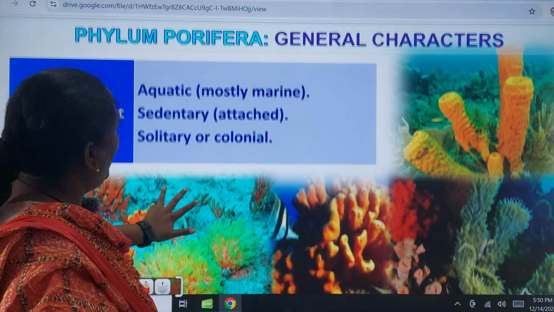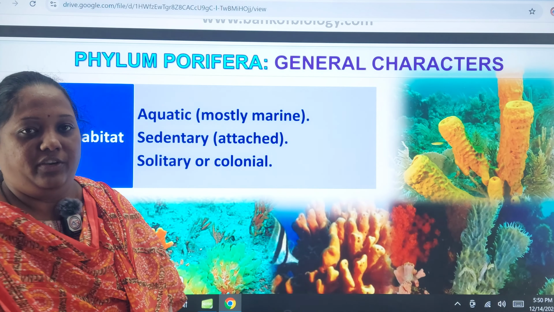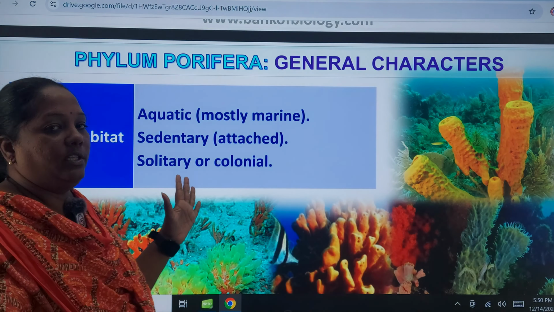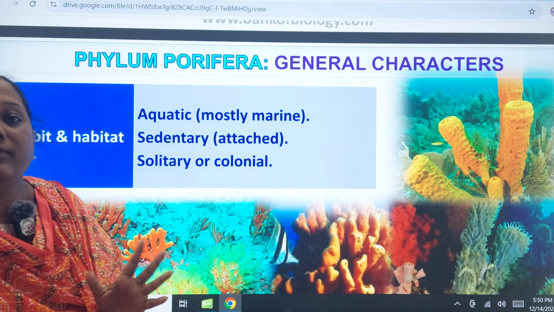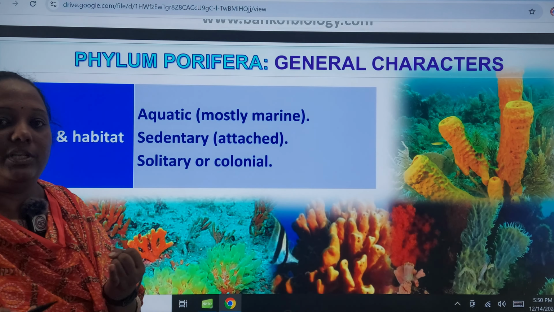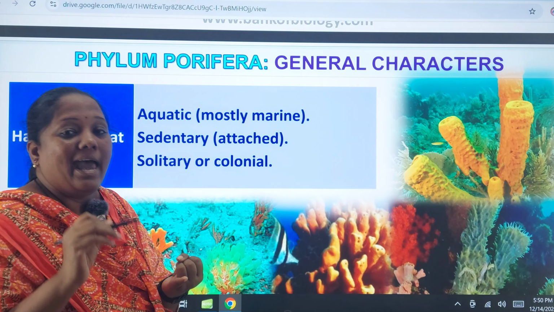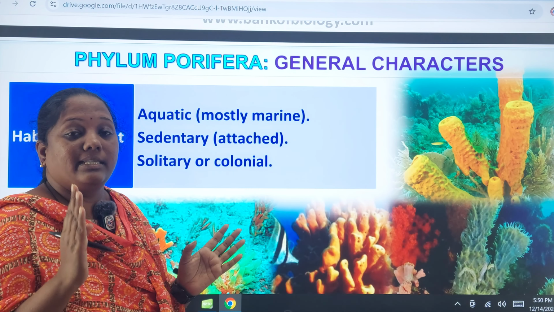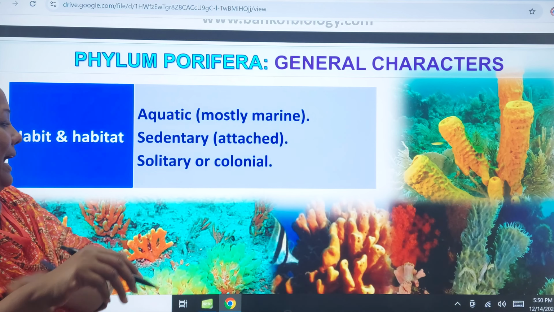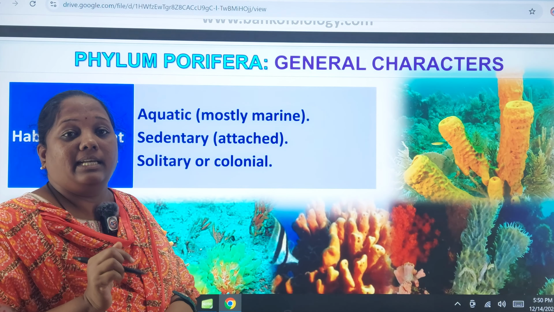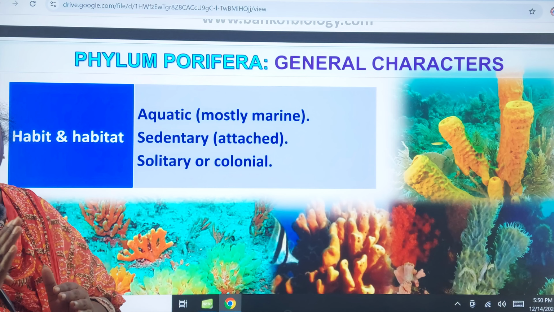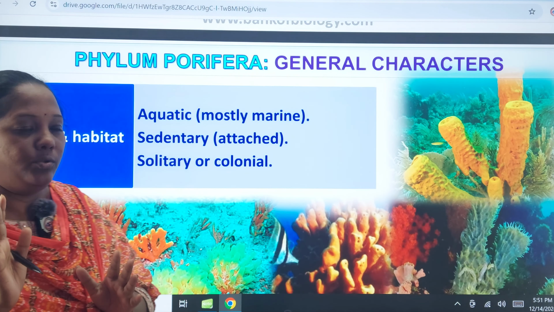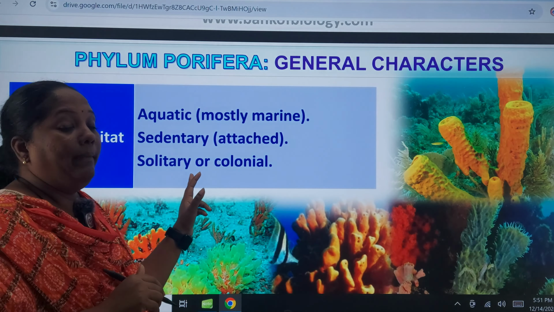Next, let's see what is the habit and habitat of Porifera. Here, the habit and habitat of Porifera is aquatic. Aquatic is nothing but the animals which live in water, in fresh water as well as in marine water. But here they are mostly marine, and they are sedentary. Sedentary is nothing but they can't move. They are present in only one place, attached to the bottom of the sea, and they may be